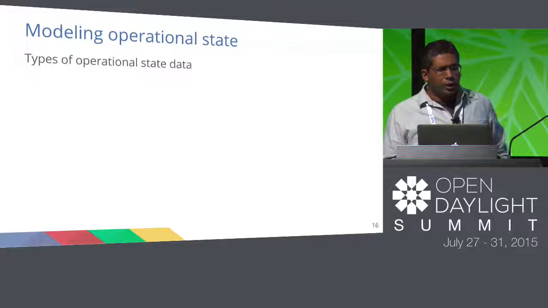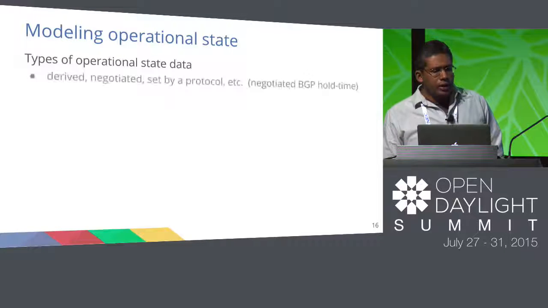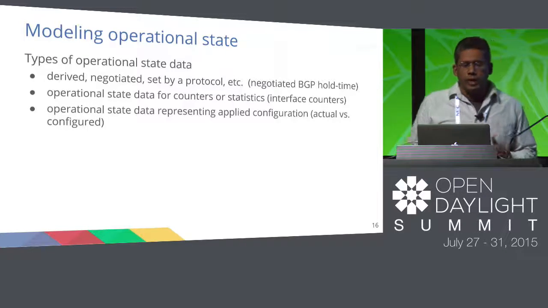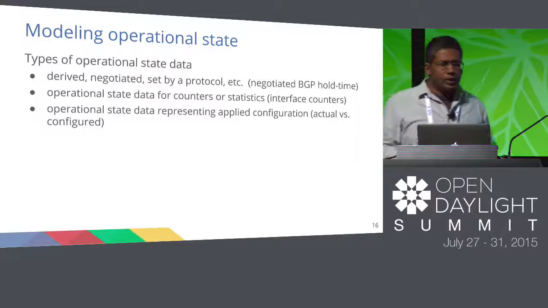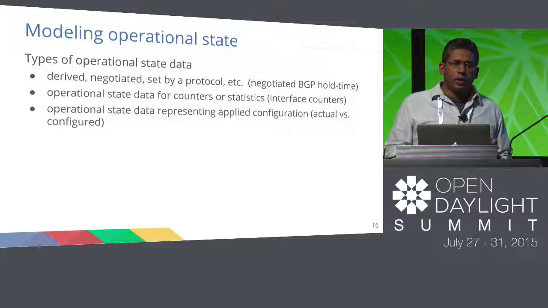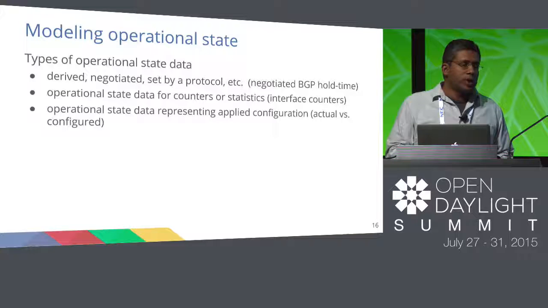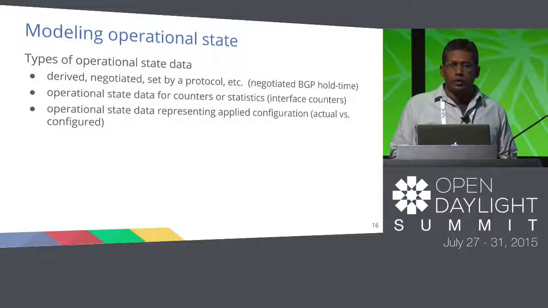I said a little bit about operational state. We essentially look at operational state as three different types, right? You have typical monitoring data where you have operational state that's derived or negotiated via protocols that are running. An example would be your negotiated BGP hold time. That's one kind of operational state. The second kind is what you typically think of in monitoring, which are things like interface counters, right? State data that comes from counters or statistics, say from interfaces, or prefixes that are exchanged between BGP peers. And then we also have a third